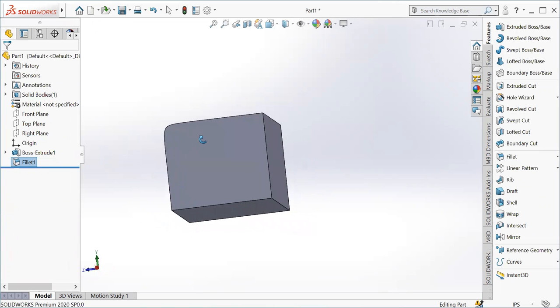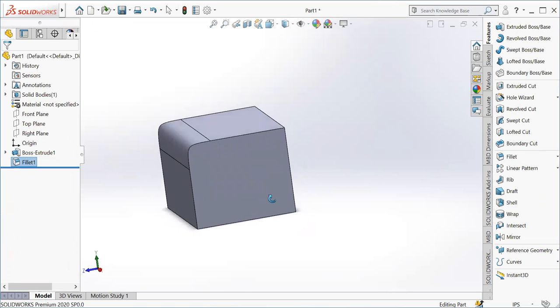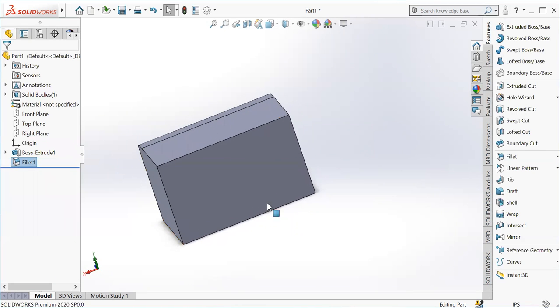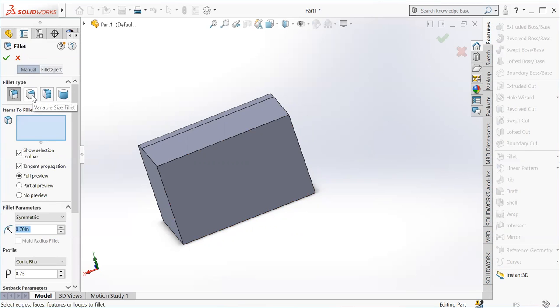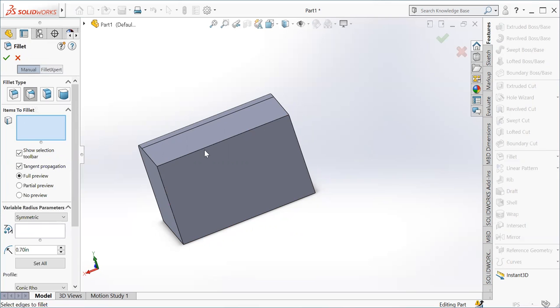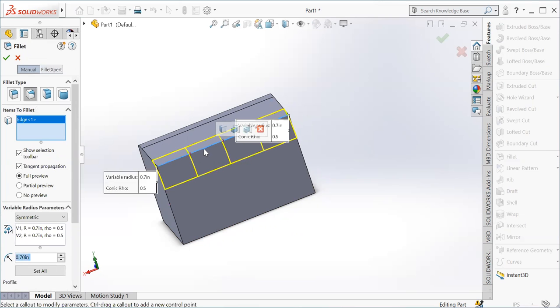Now the next type of fillet is called a different dimension fillet. Here I'm going to show you that type of fillet. I'm coming to this fillet command. I'm going to select this variable size fillet. Now I'm going to select this edge. On this edge, I have to provide this variable size fillet. Here we get the variable radius parameters.